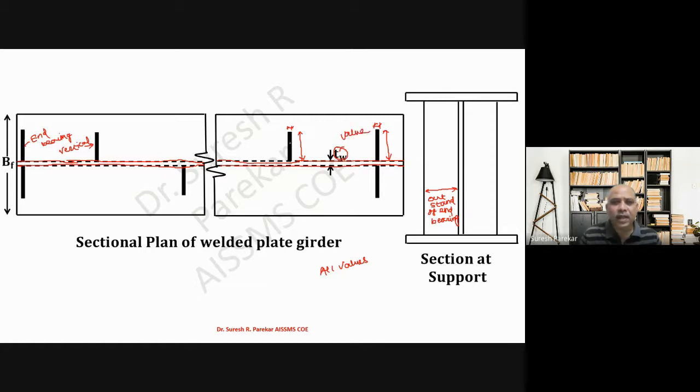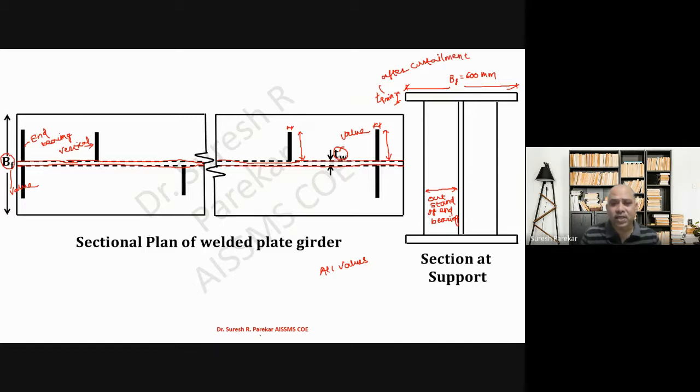Here also you need not write down BF, you have to write down the value of this. So you do not write BW, TW likewise. You have to write down the values of this. Here also you have to write down the thickness, your BF, that is the flange value, that we have seen as 600, and this will be TF minimum. So this is the minimum thickness, which is after curtailment, because we are going to plot this at the support, and at the support means we have it after curtailment.